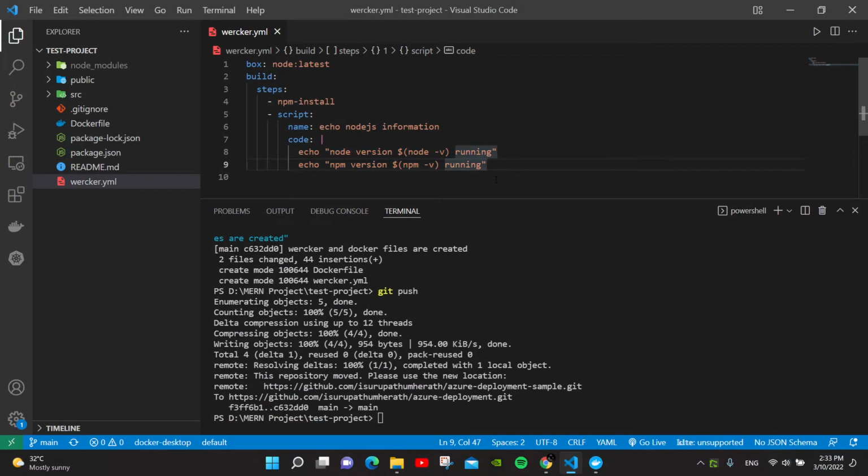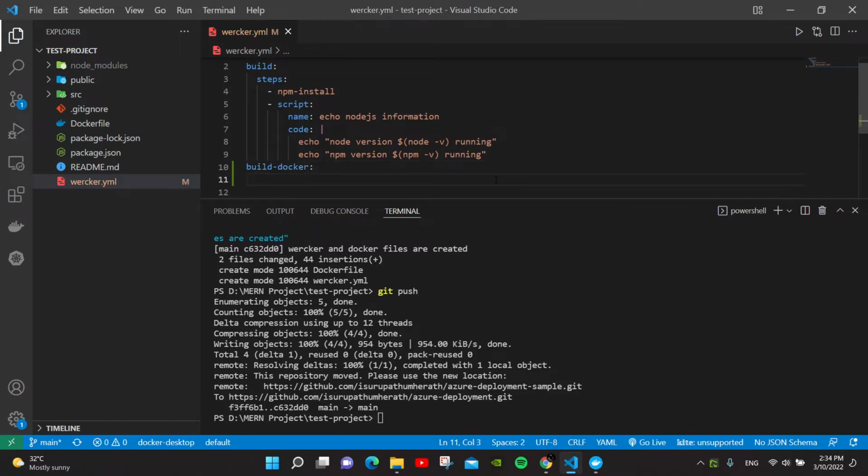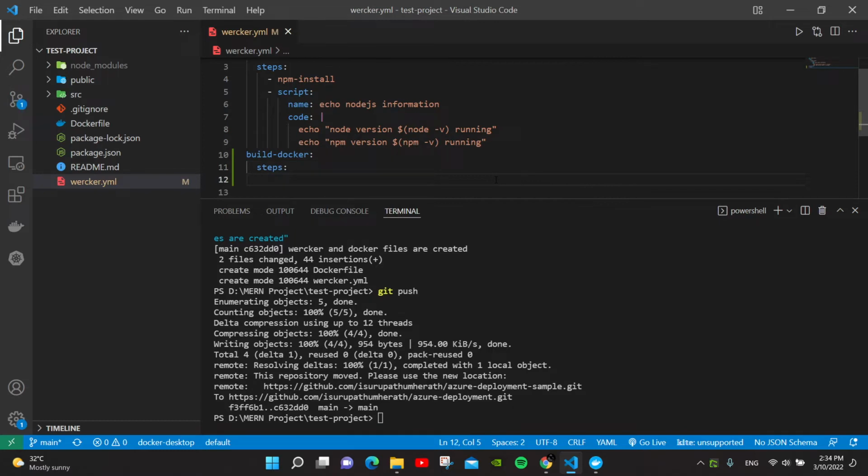Okay, cool. So now we are going to create the Docker image using our worker pipeline. To do that, you can create a new pipeline. I take the pipeline name as build Docker. Then I'm going to give these steps. The first step is you need to define the Docker file name. To do that, internal / Docker build,